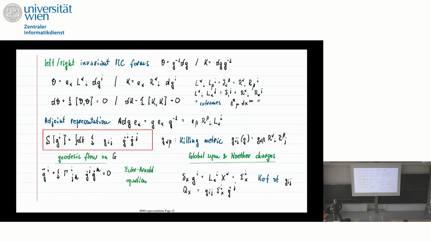This is what you usually have when you have frames and coframes, but it's particularly simple because they are globally defined, and everything is given in terms of this. And the other important thing, you see that you have the inverse, so you only have two sets of matrices, the R and the L's and their inverse, and the adjoint representation in this language is just a combination of the left invariant frame and the right invariant coframe. So this is how the coadjoint representation goes.